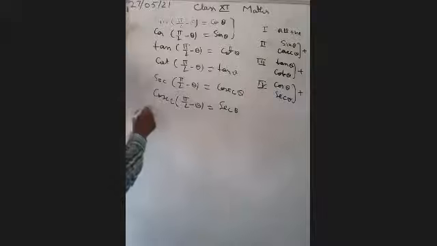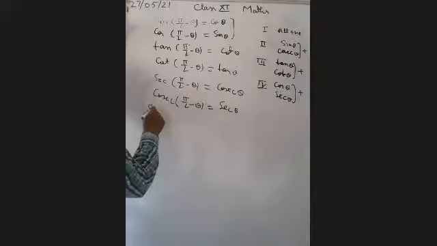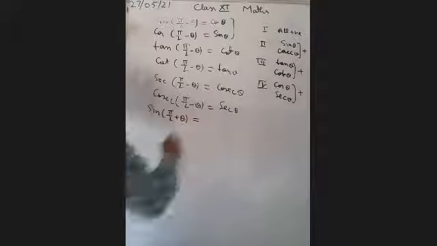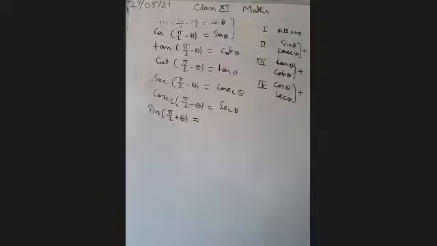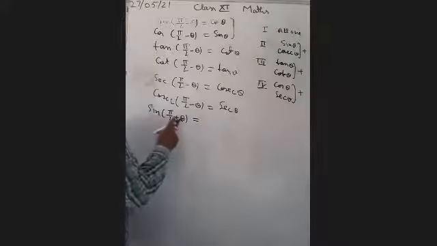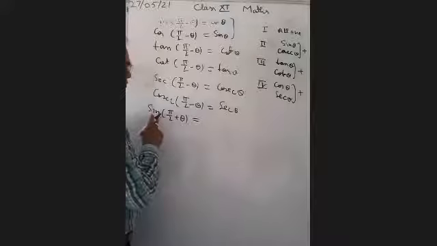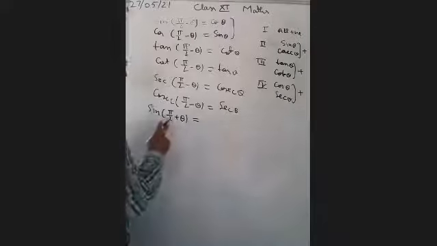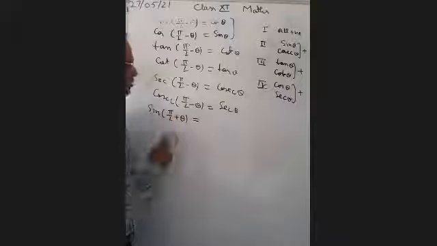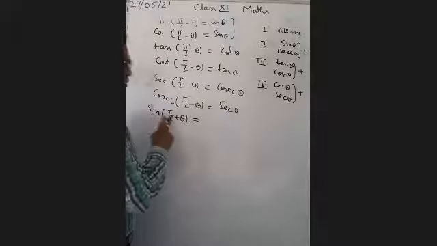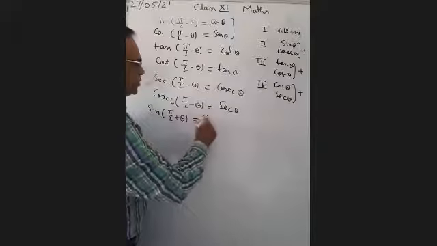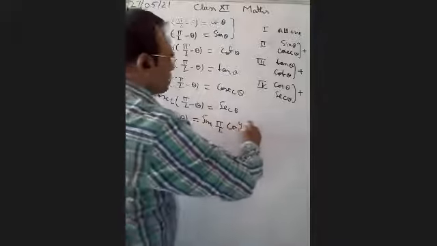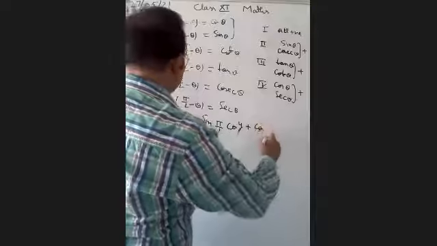Just see here how I am going to do sin pi by 2 plus theta. देखिए pi by 2 plus theta, so just I am telling you sin 90 plus theta, you can use the formula of x y formula, just we have proved just now. In place of x just take pi by 2, in place of y you just take theta. So sin 90 plus theta, so you can use the formula sin x cos y plus cos x sin y.